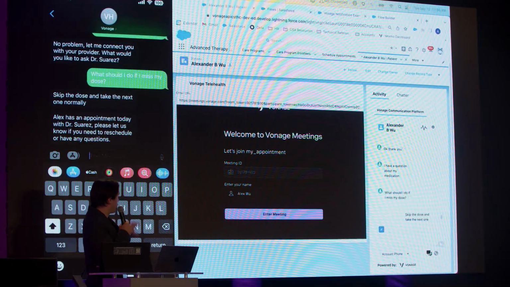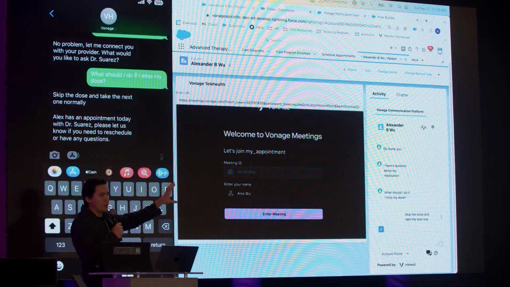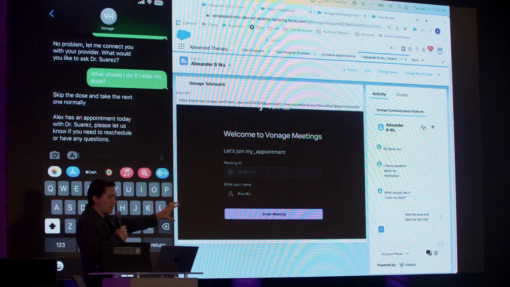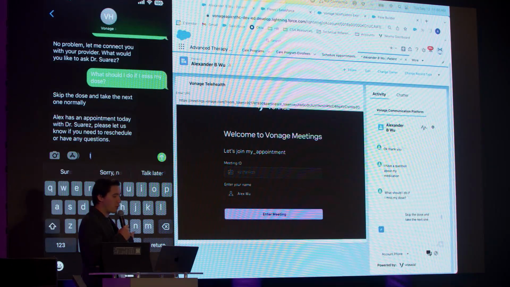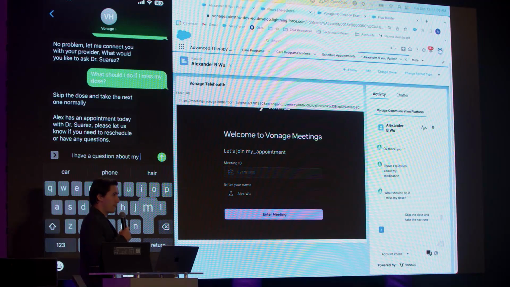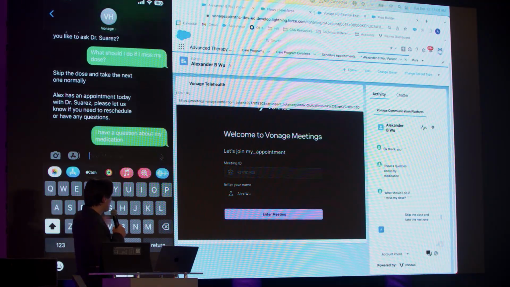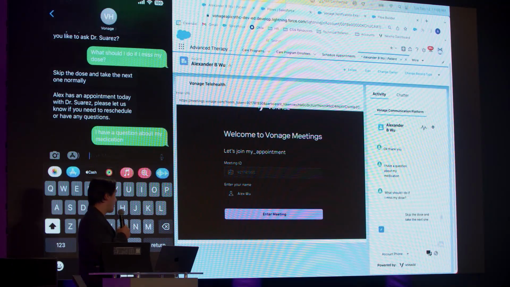To start off, you can see this appointment reminder popped up, with information pulled from a user's profile in Salesforce. Then I'm going to type in a message saying that I have a question for a provider. In this case, I'm going to ask about my medication. I have a question here about my medicine.